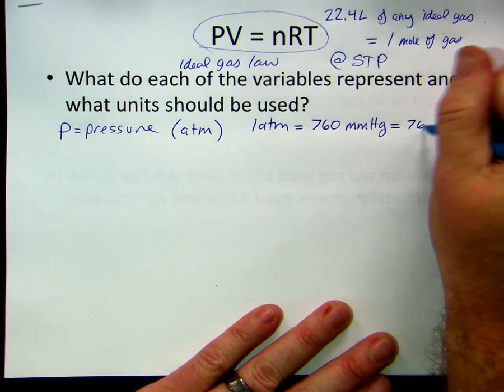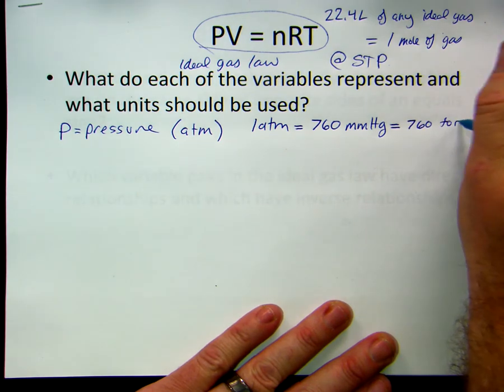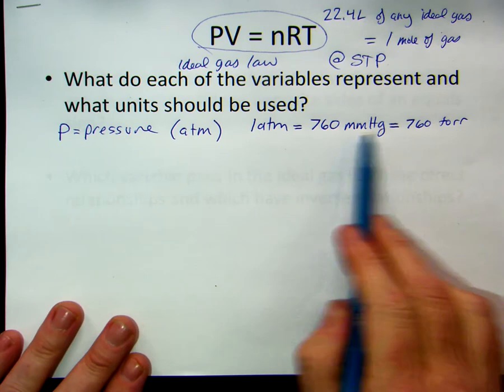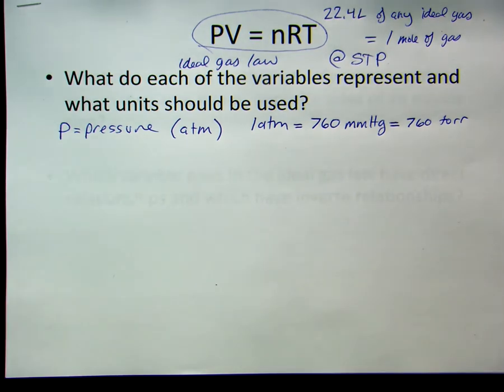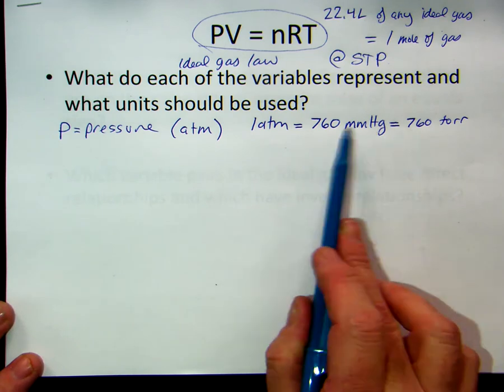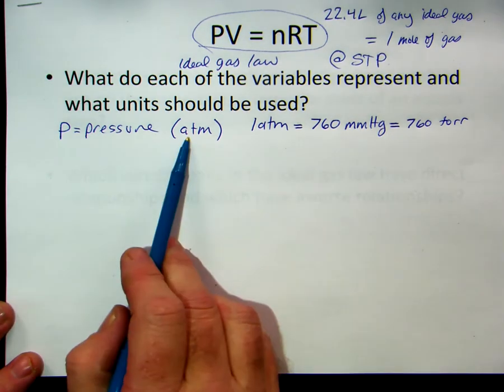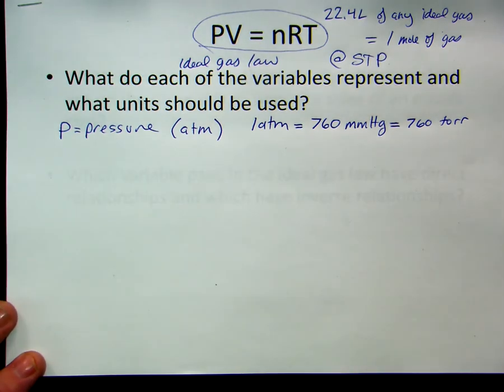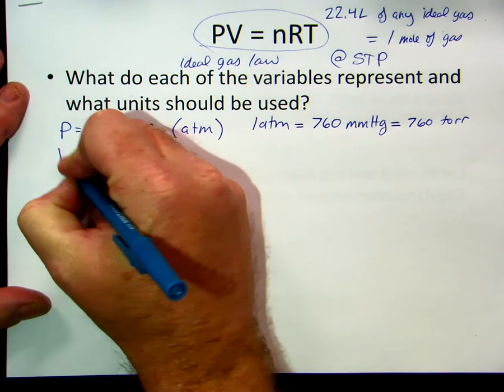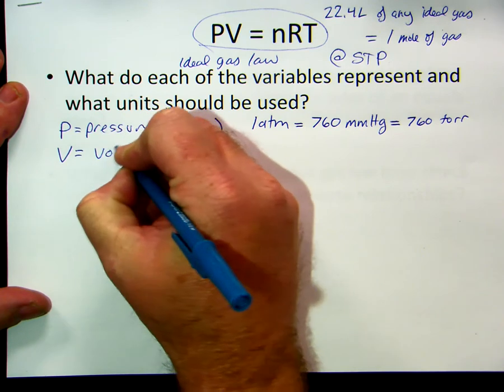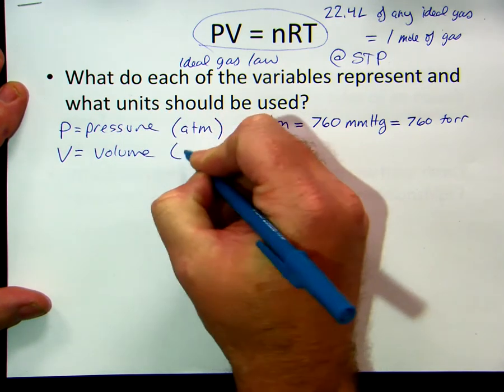That also equals 760 torr. So torr and millimeters of mercury are, for all intents and purposes, interchangeable. But you'll sometimes be given these units, and you have to convert them to atmospheres, since that's what we use in our equation. Okay, so unless there's any questions about that,